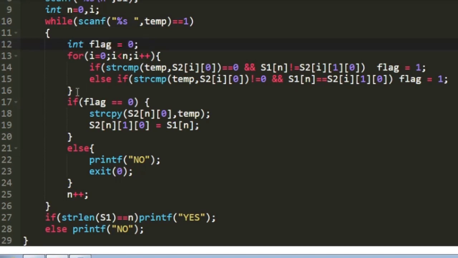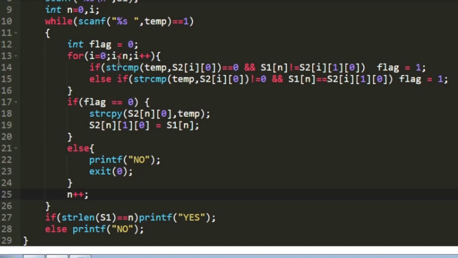Then we check in the two-dimensional character array S2 whether the particular word has occurred or not. This loop iterates from 0 to n, and the value of n is the length of the array S2. Initially it is 0, and after every iteration the value of n increases dynamically.